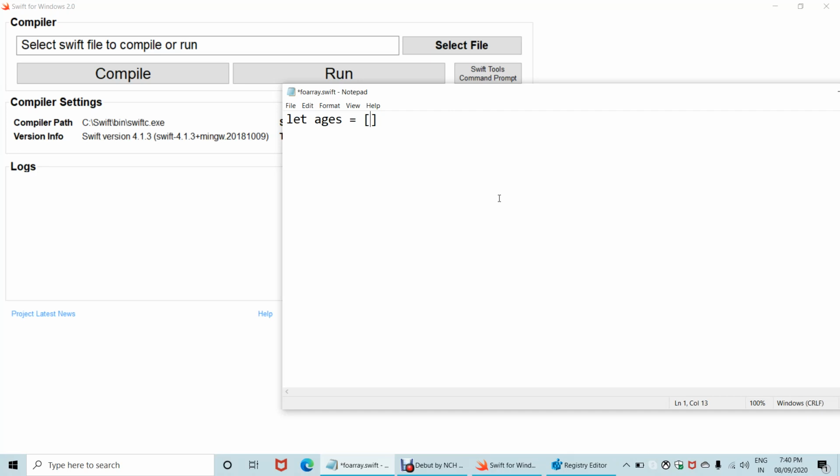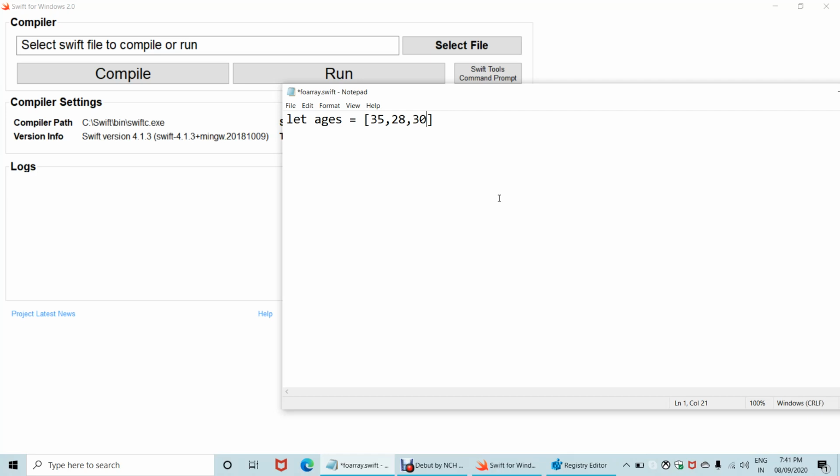I'll initialize 35, 28, and 30. So ages takes 3 values of integer type: 35, 28 and 30. Simple as that. Now ages is an array variable, and you can use it in whatever way you want.